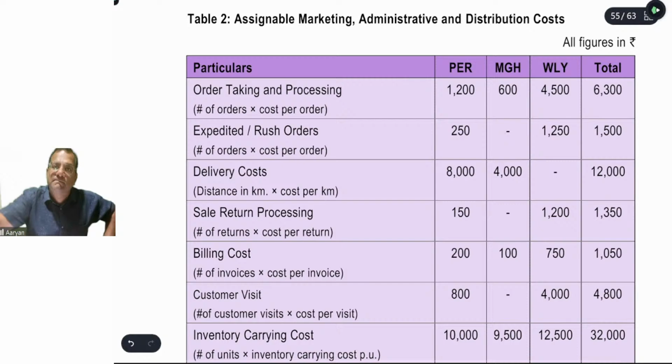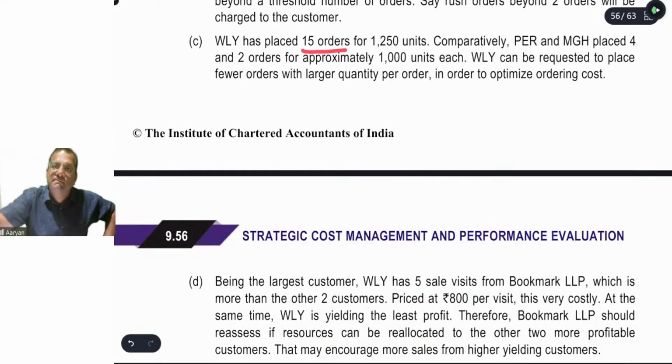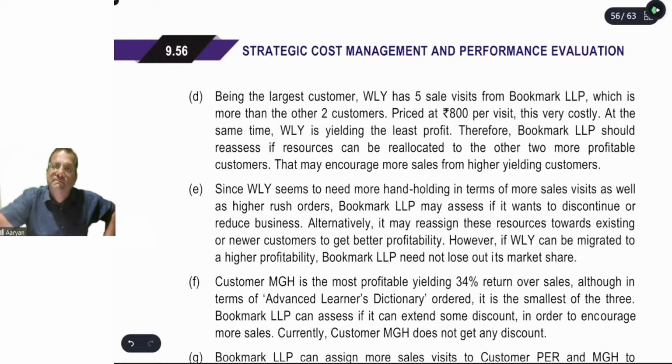तो यहां पे हमें कस्टमर से निगोशिएट करना पड़ेगा कि भैया आप 15 ऑर्डर 1250 यूनिट्स के लिए दे रहे हो, जबकि 2 ऑर्डर ही बचे हुए कस्टमर 1000 यूनिट के लिए देते हैं. तो कहीं ना कहीं यहां पे हमें टारगेट करना पड़ेगा. फिर नेक्स्ट उन्होंने जो टारगेट एरिया दिया है वो सेल्स विजिट दिया है. पर सेल्स विजिट हमारा 800 रुपी है. तो ये हमें चेक करना पड़ेगा क्या ये कस्टमर, ऑल्दो द वॉल्यूम प्रोवाइडर कस्टमर, इज स्टिल प्रॉफिटेबल टू अस.